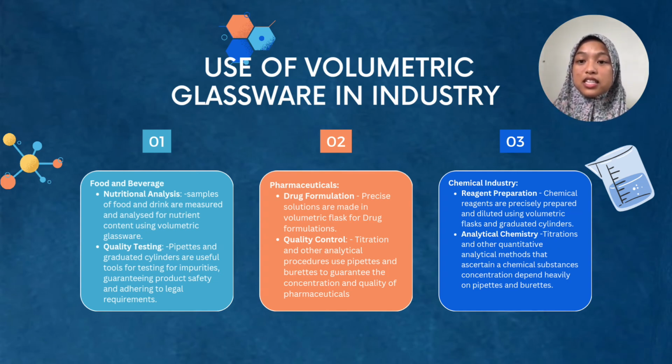The third is chemical industry. In reagent preparation, chemical reagents are precisely prepared and diluted using volumetric flasks and graduated cylinder. In analytical chemistry, titration and other quantitative analytical methods that ascertain a chemical substance concentration depend heavily on pipette and